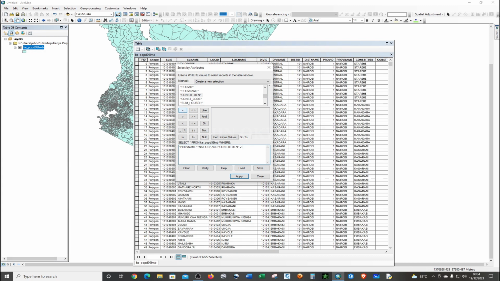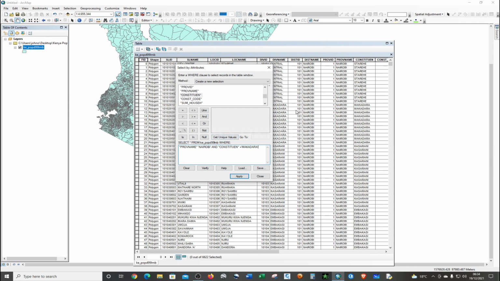You can just type in R. We want the constituency, either Makadara or Starehe. So